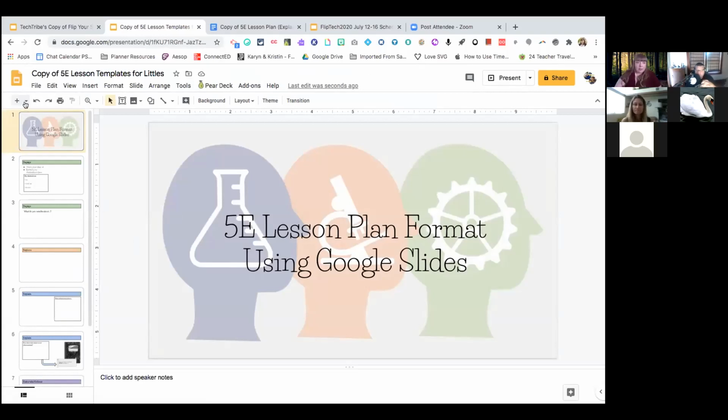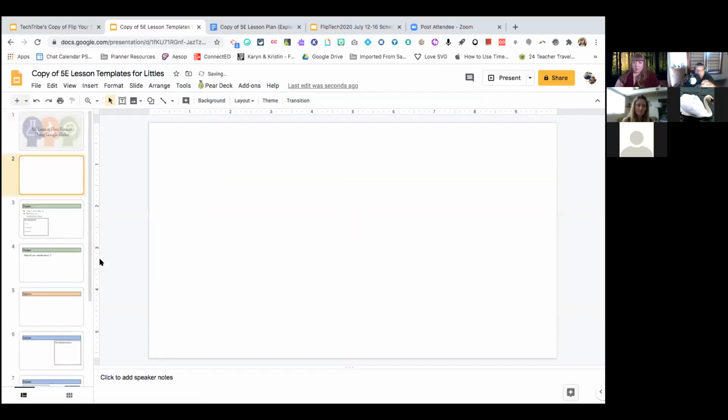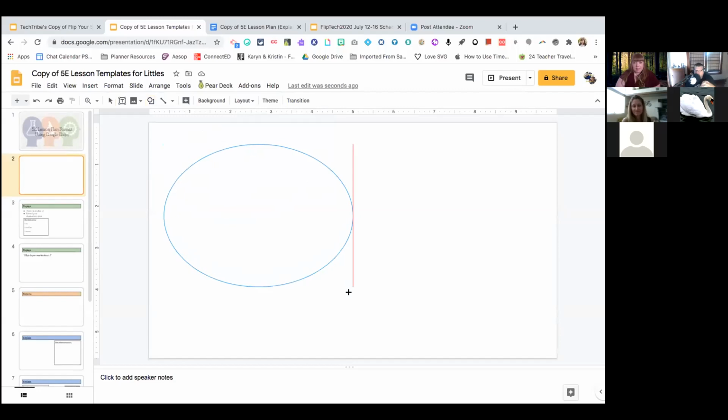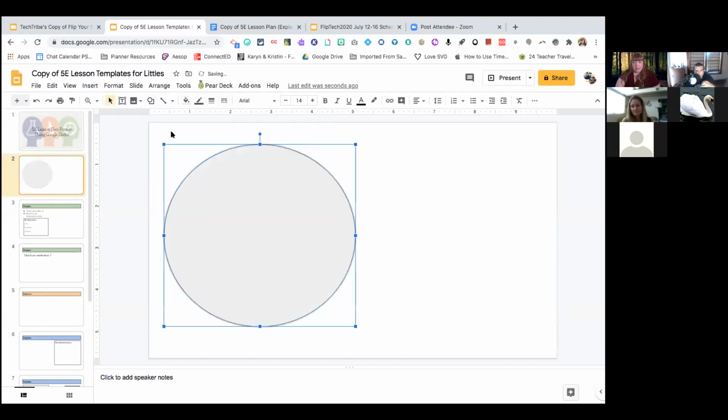I'm going to go in here and show you really quick. I'm going to take a blank document here. I do this as much as I can. I try to create within the G Suite because it's so much easier. Students can access it, and you're not paying for anything, not Teachers Pay Teachers or anything like that. Just use the shape tools within Google Slides, for example to make Venn diagrams.